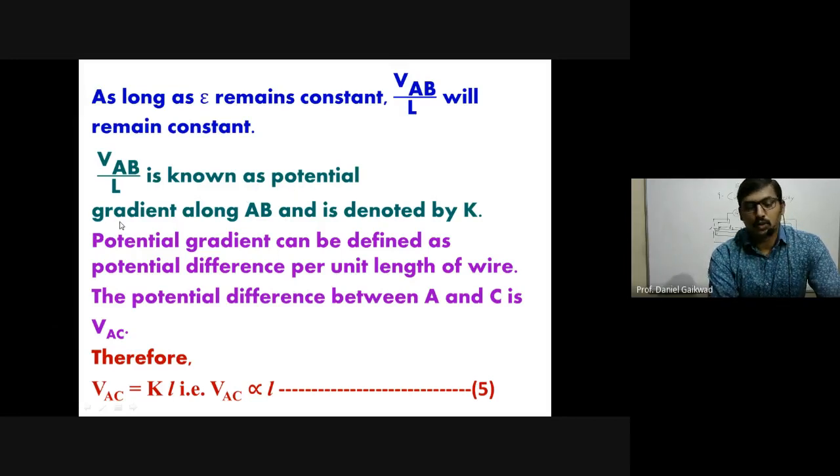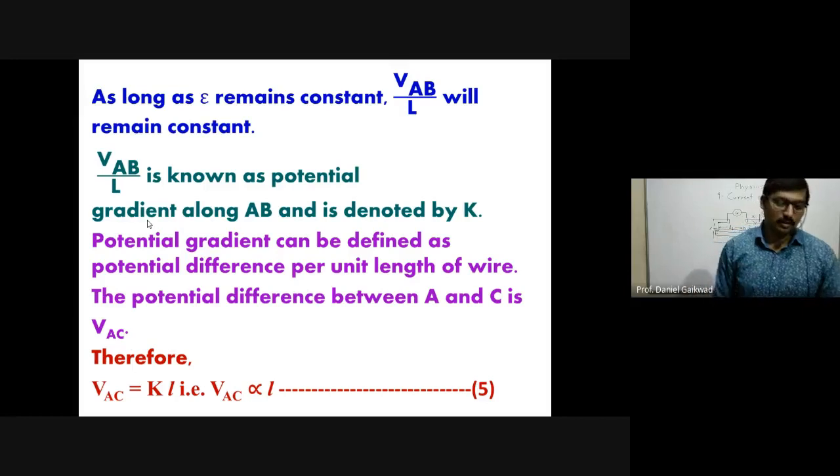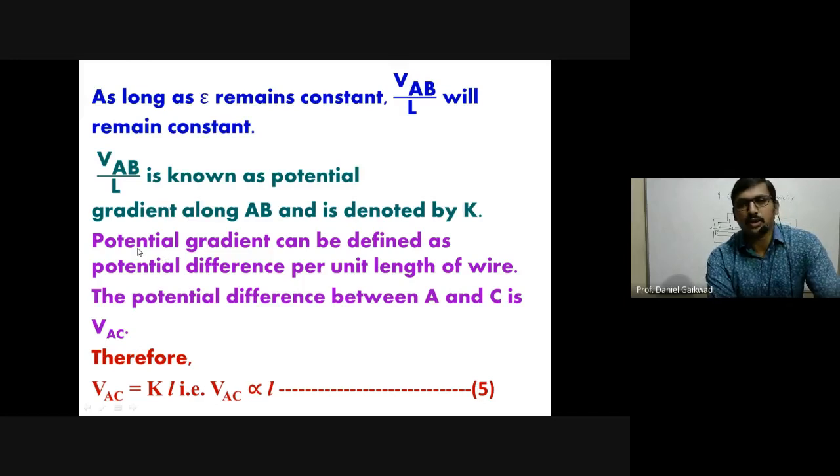So similarly, as we have the last year syllabus, chapter number 1st, we have temperature gradient. We learn the concept of temperature gradient. In that we have temperature divided by length of a particular uniform rod or heat conductor like this. So here we have potential gradient, which means potential divided by length. So this is a new quantity, and it remains constant.